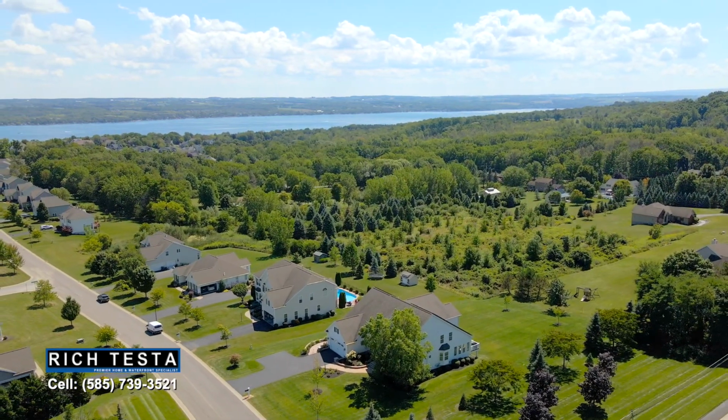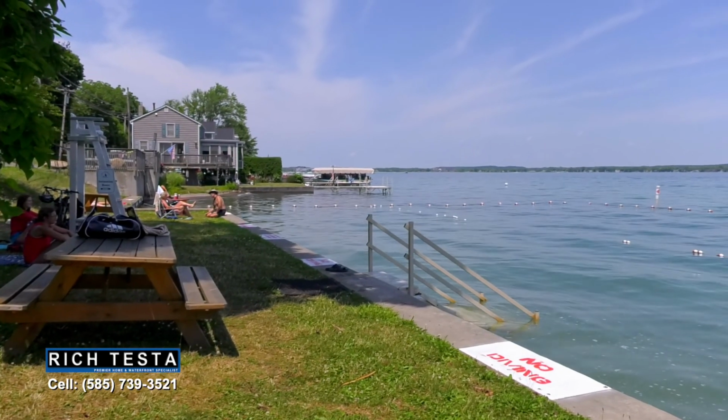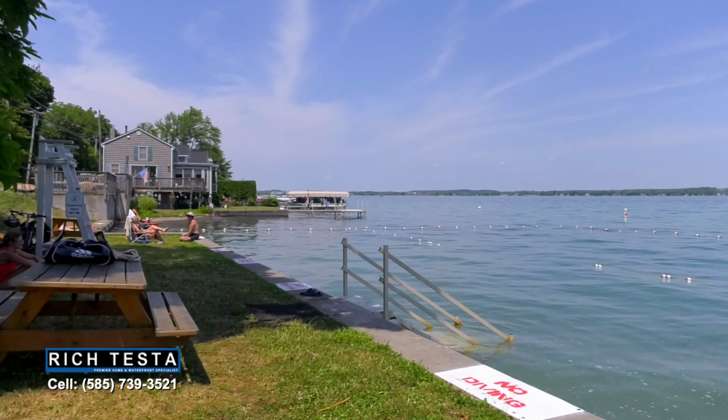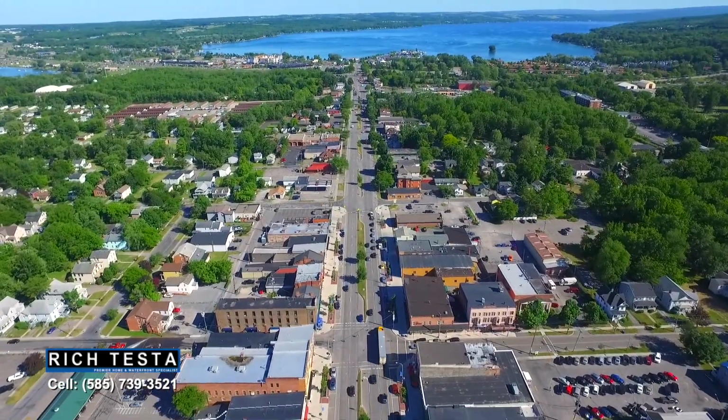This property has a premier location. Canandaigua Lake access is just steps away. Canandaigua is a great place to live. There's always something fun to do, whether it's enjoying the many restaurants and shops,